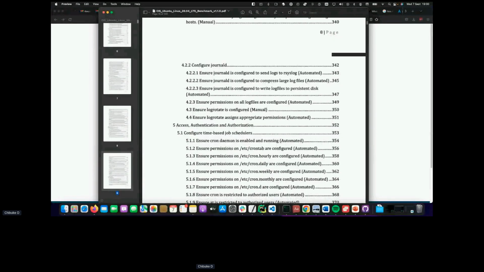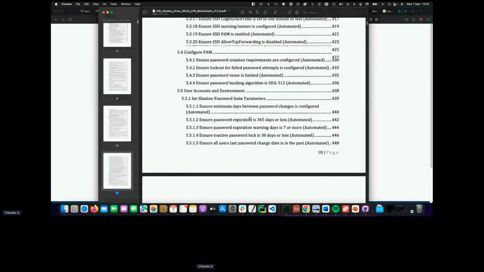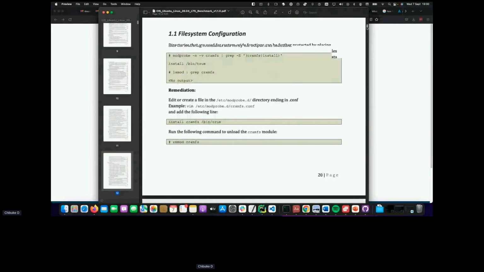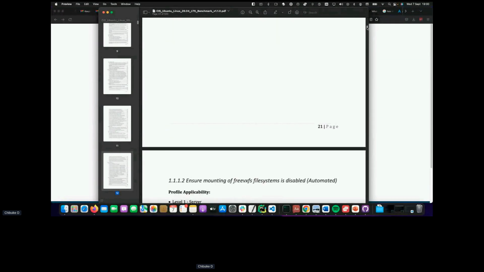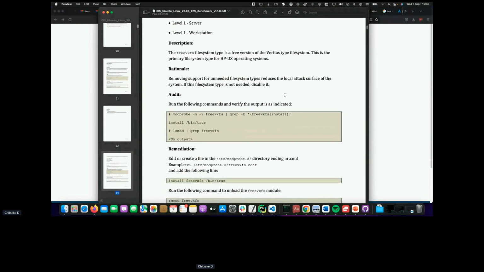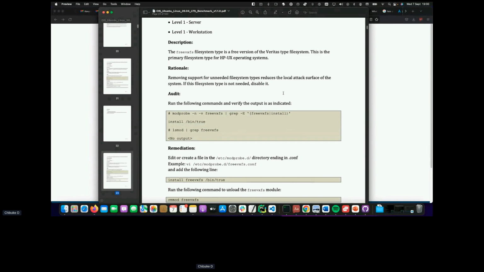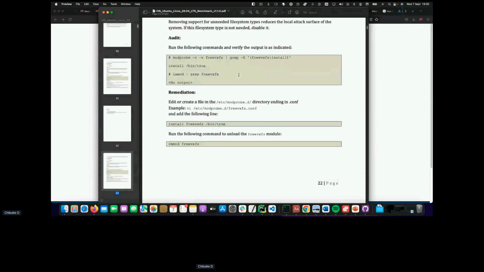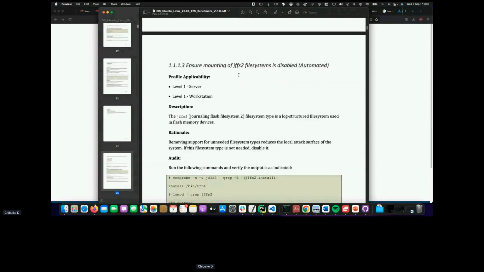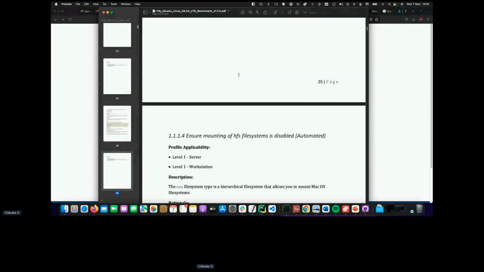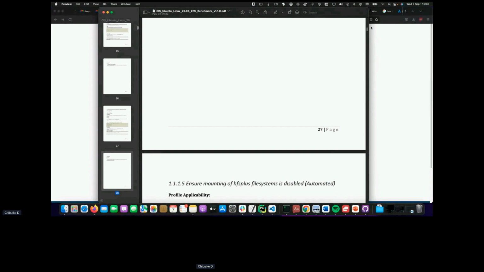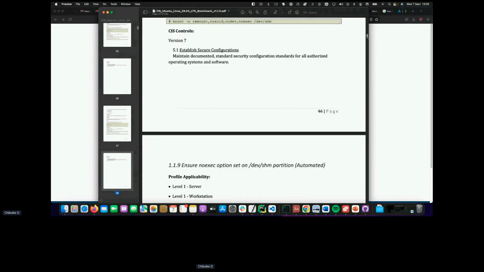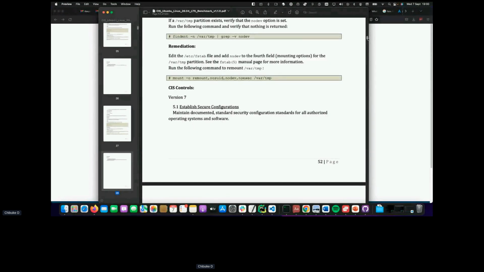So as you can see, there are so many of them, and they go on to give you a reason why you should do it. So let's take, for instance, I don't want to talk about any of the file systems. Let's say we are going to talk about,